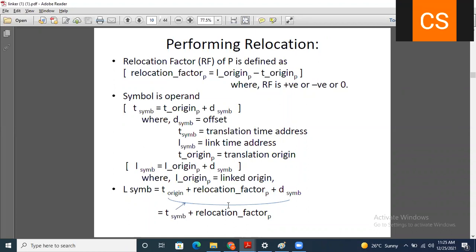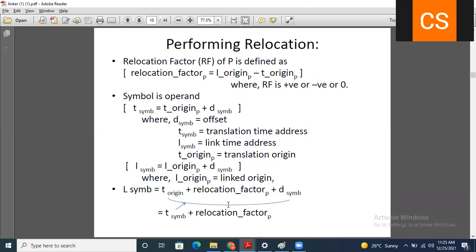To perform the relocation, the important factor that plays a role in this whole process is the relocation factor. We can define the relocation factor as L origin minus T origin, where L_origin means the origin given by the linker, and T_origin means the origin given by the translator.